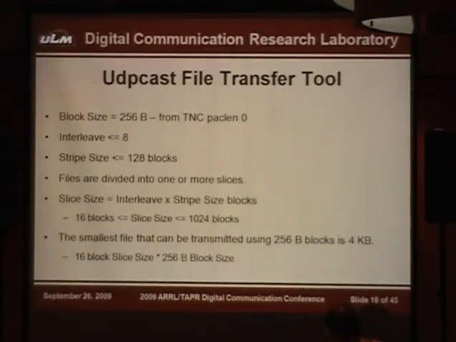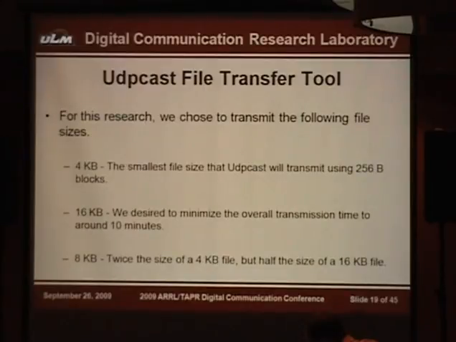These two combined are actually going to define the smallest file that I can send, which gives me my minimum file size. So given those two, the 256 byte block and the fact that I've got 16 blocks as the smallest slice size, that gives me a 4K file size as a minimum that I could transmit using this 256 byte block size that I've chosen based on my TNC. So given that, knowing that 4K was my smallest file size, and that doesn't seem like a lot,